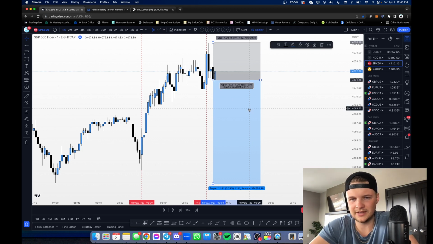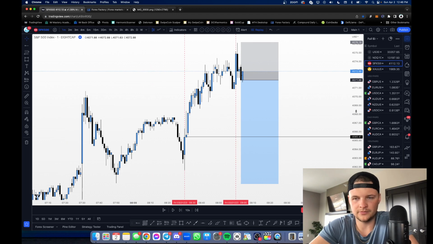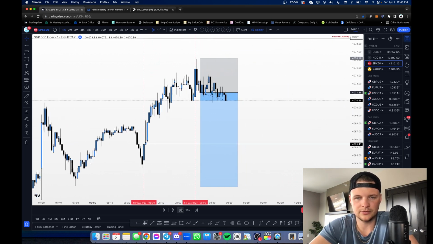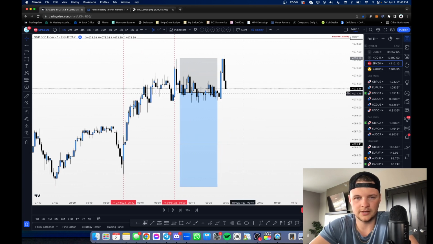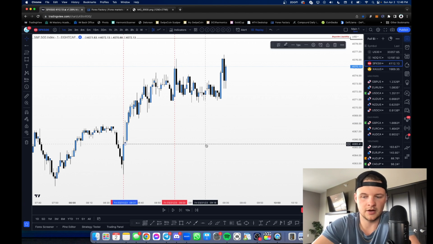maybe. This low doesn't really make sense. Maybe you target this fair value gap as a TP1, but we'll just mark that up as a potential what would have been TP1. It doesn't matter because we didn't take this trade, but you guys can see what happens. Price chops like it was doing, and boom, that's where you would have been stopped out. So great, we avoided an unnecessary loss.